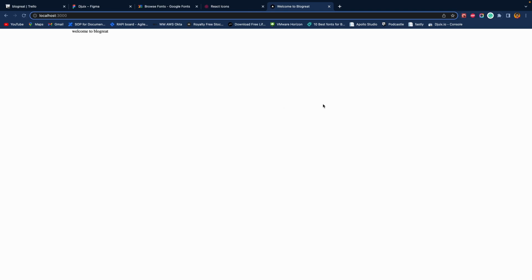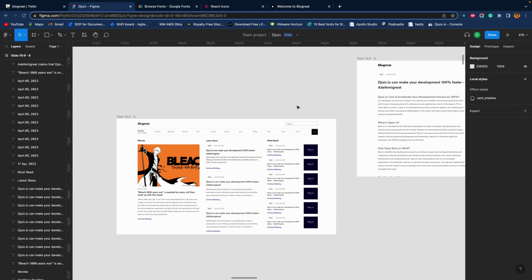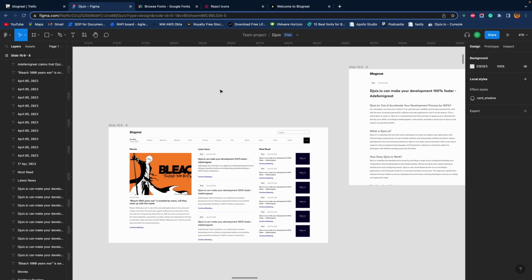We've corrected that mistake. So moving on to the next ticket in our Trello, which is the creation of the reusable UI components. So we need to identify the UI components we think should be reusable and we can create. Coming back to Figma, we can identify the components that are reusable. And reusability in this case does not mean we only have to componentize reusable UIs. So what I mean here is, even though the header is going to be reusable across all pages, the search input itself still has to be componentized. So that's just something to note, because having it as such makes testing easier.